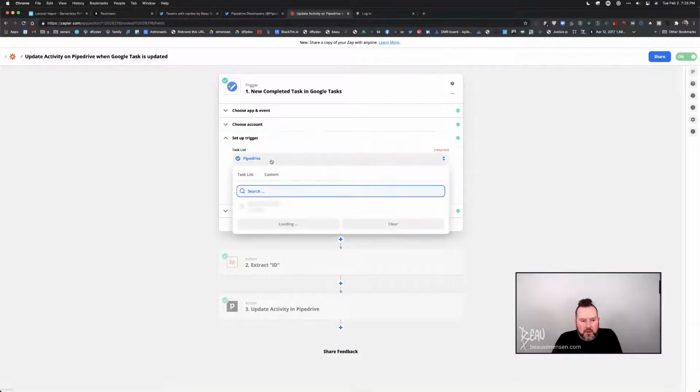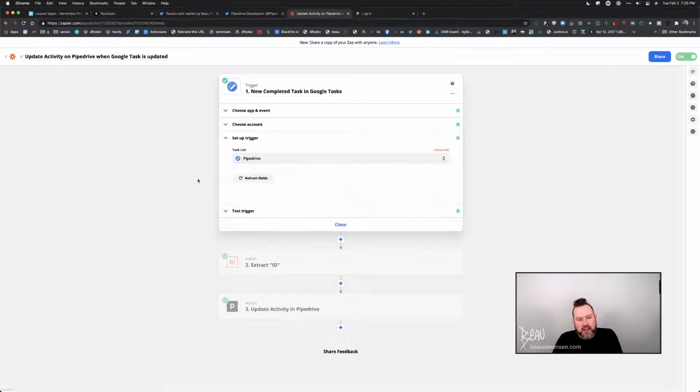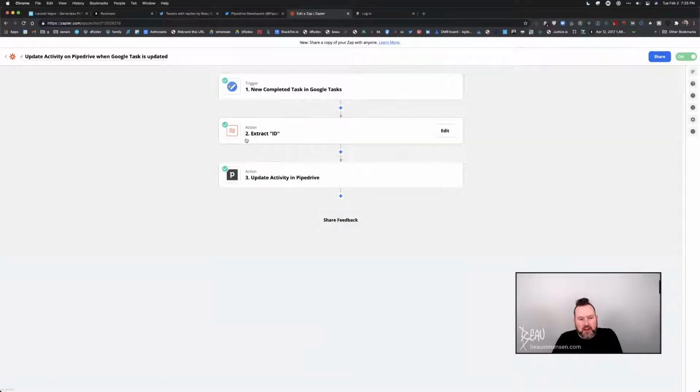So it wants to know which task list it should be looking at. In this case, I want the Pipedrive one. So anytime a task is completed from the Pipedrive task list, it's going to do this event. And now this extra step in here, and this is where you can't do this on the free version of